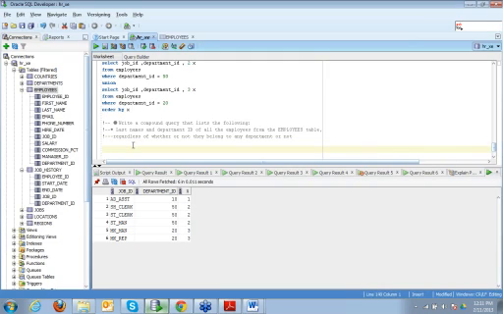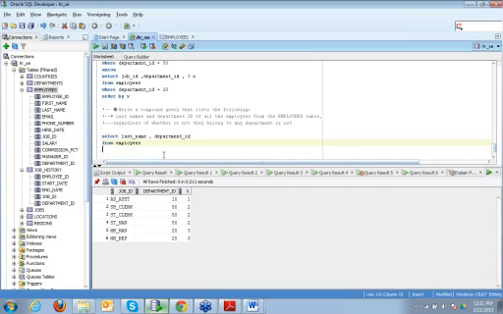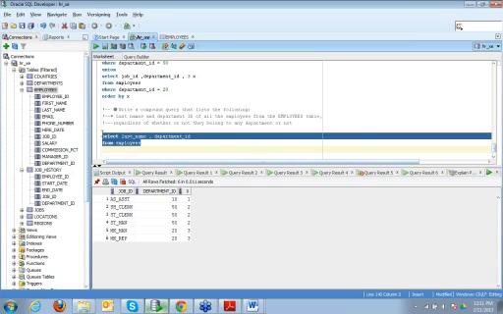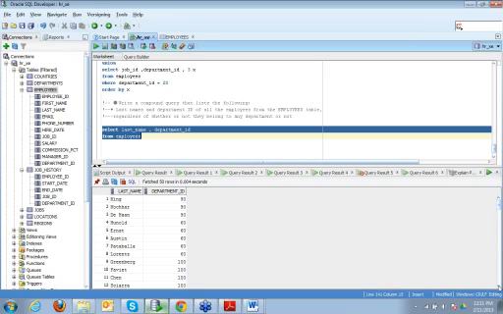So here actually we don't even need to use set operations. Here I can write last name, comma, department ID from employees, right? So there would be 107 rows.